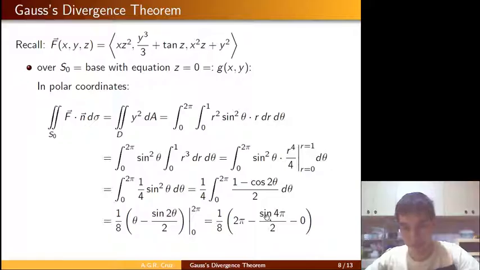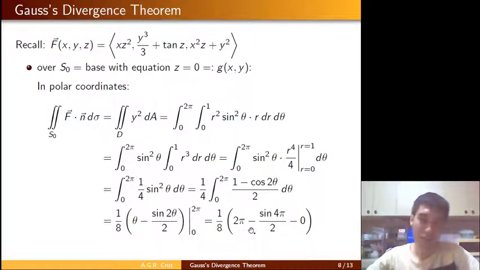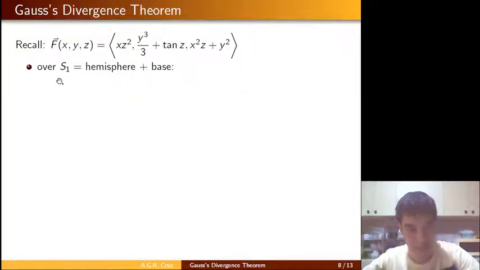Now remember, yung sine ng kahit anong integer multiple ng pi, that will still give you 0, no? So itong second term natin na to, magiging 0 pa rin siya. So you get 2 pi minus 0, you still get 2 pi. So you get 2 pi over 8, or in other words, you should get pi over 4. So yung flux natin over S naught, it's now equal to pi over 4. That's taken care of. Okay, let's now consider the integral over S1, which is, if you recall, it's the hemisphere